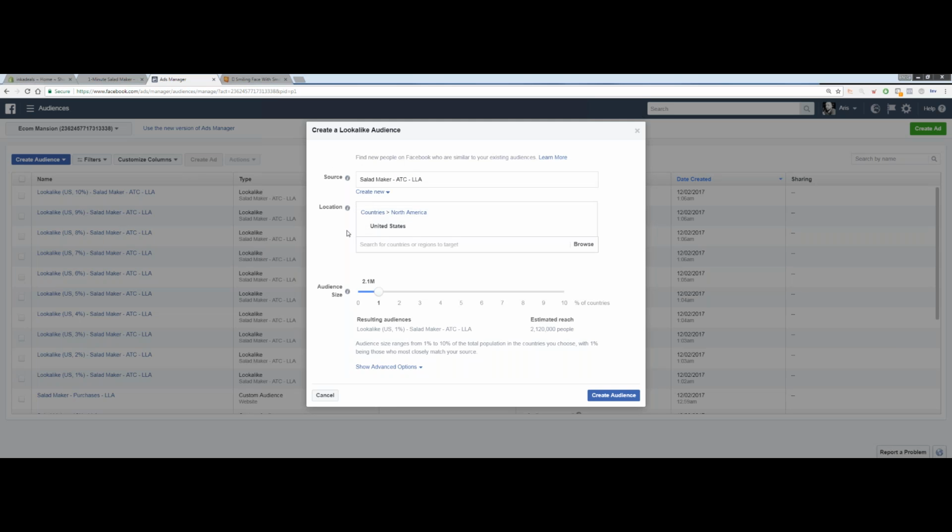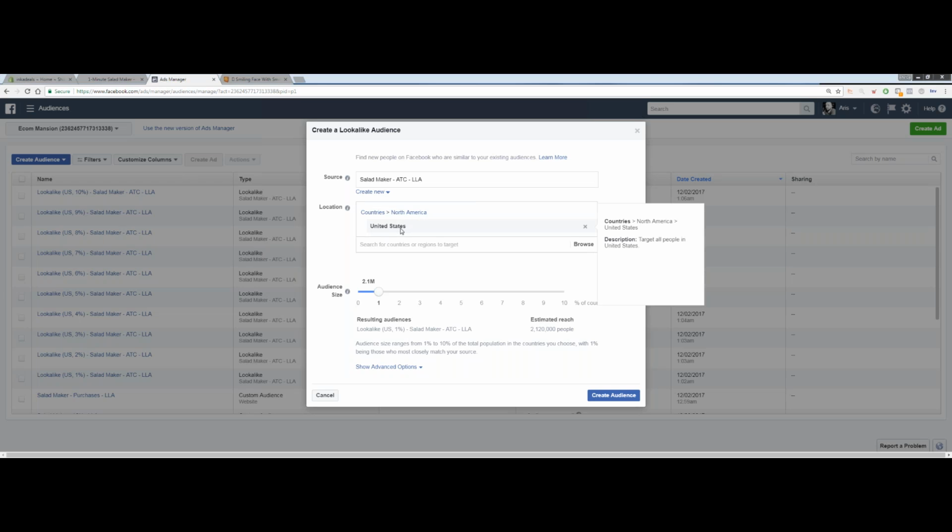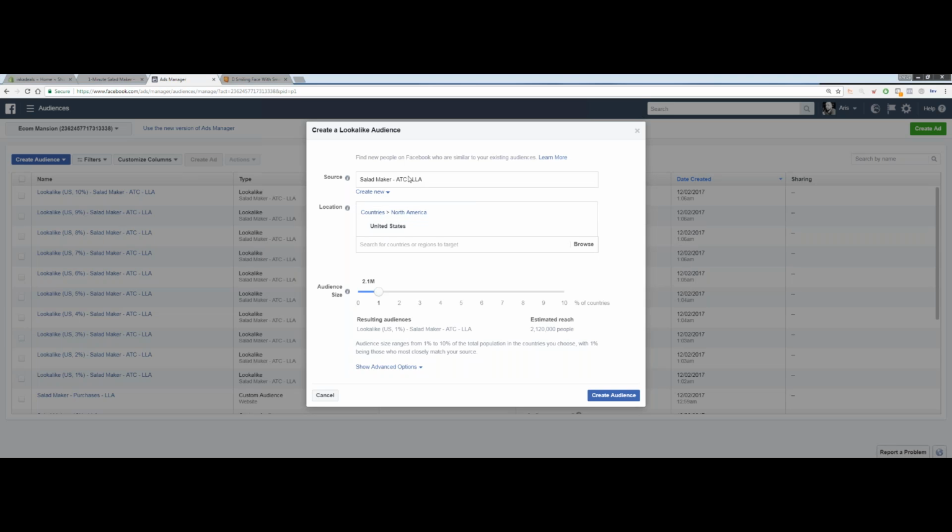What we're doing here is creating a lookalike audience, a similar audience in the US that will look like this audience from India that added to cart. So they will have similar or the same behaviors as these people that added to cart.